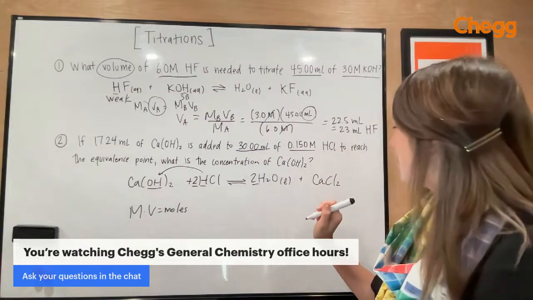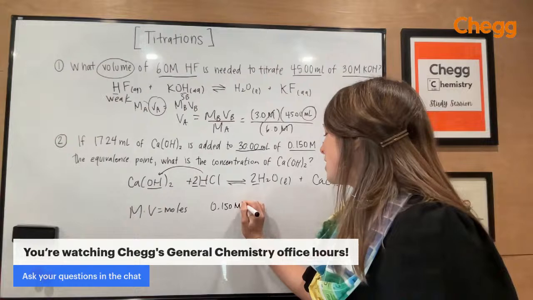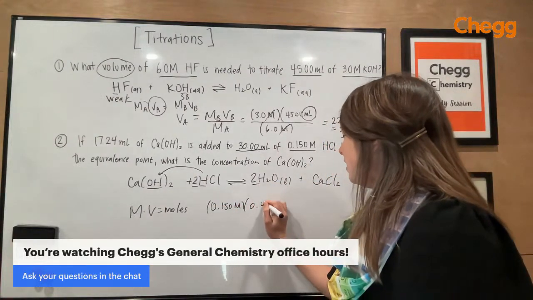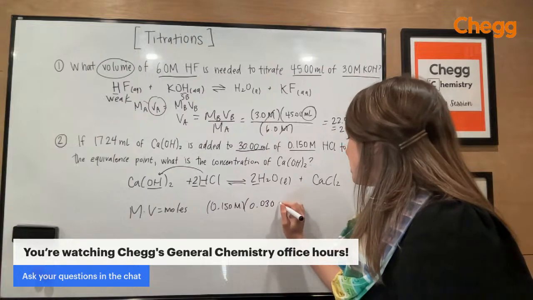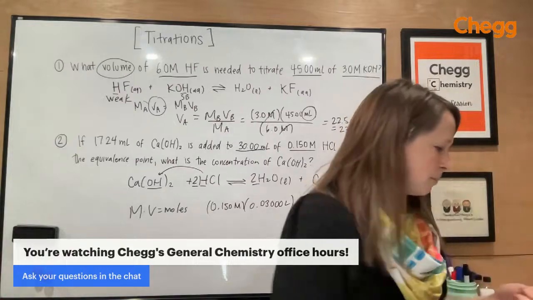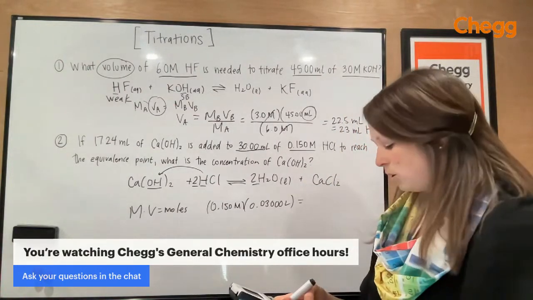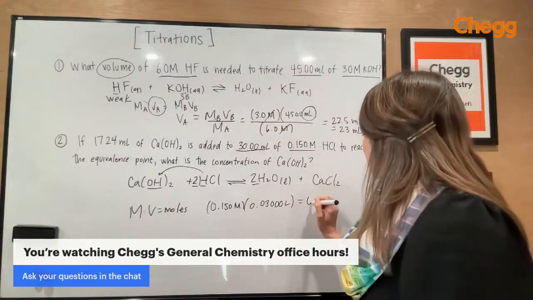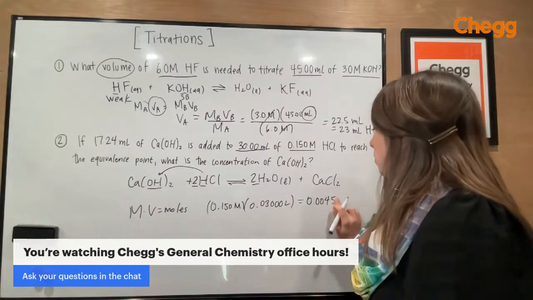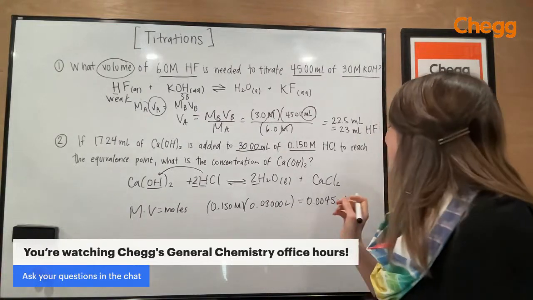All right, let's go ahead and just calculate that. So I have 0.150 molar hydrochloric acid, and I have 30 mL of that. I'm converting that into liters just by dividing by 1,000. And then I just got to multiply that. So let's see, 0.15 times 0.03 is 0.0045 moles. I was trying to solve for my moles here. So that is the number of